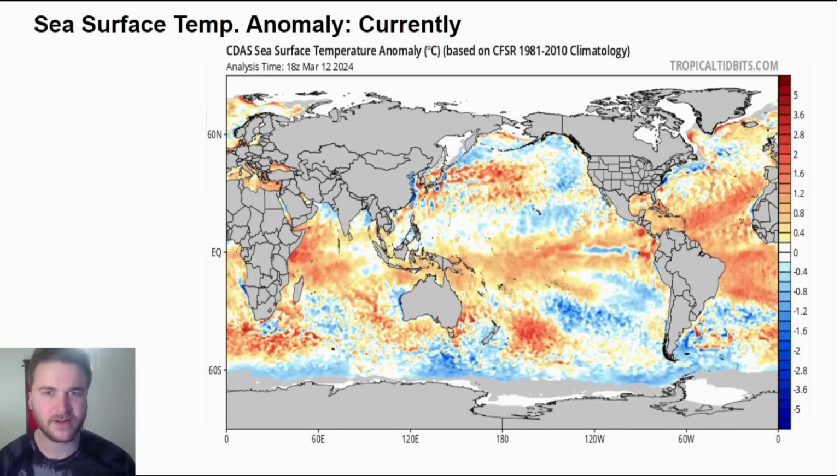So let's look here at our equatorial Pacific Ocean, at our sea surface temperature anomalies. We did touch on this yesterday, but I just wanted to take you back to show you that El Nino is actually weakening and collapsing across this region. Our subsurface temperatures are cold underneath the surface of the ocean, and those cooler subsurface temperatures are making their way toward the surface, turning these anomalies below normal and trending us toward ENSO neutral